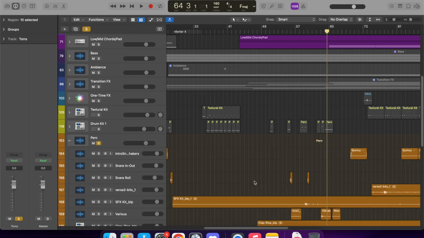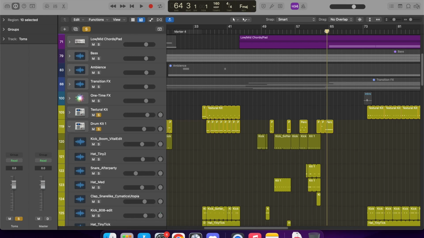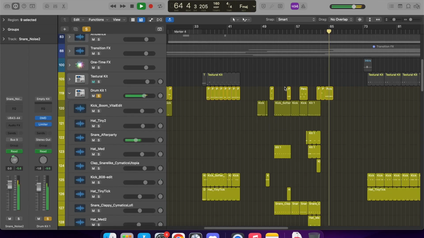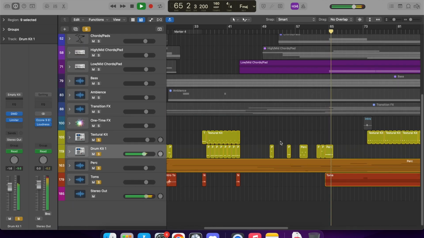So I'm not exactly sure what I layered in here. Probably some snares, probably some little noise hits. Actually, I think it's less of a snare and more of a like hitting the side of the drum. I guess you call that a rim. And that woo at the end, that little cymbal sort of top it off.